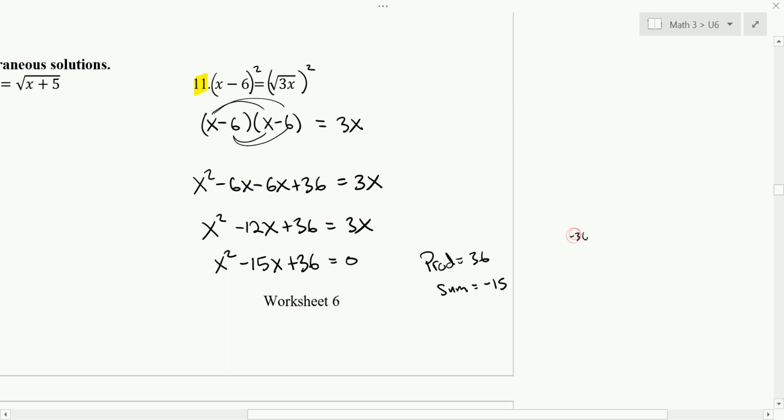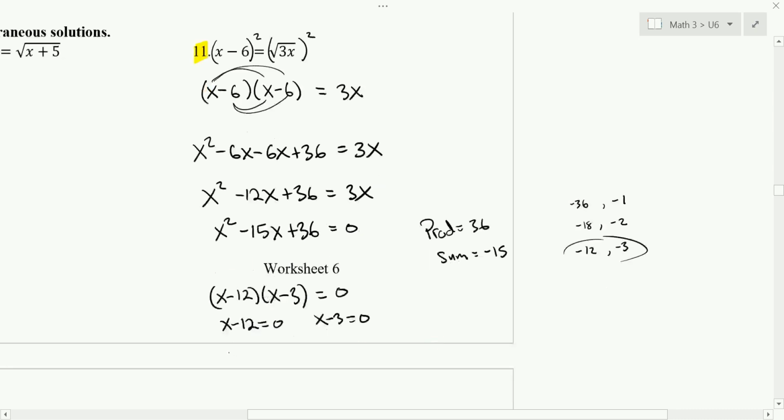You can do negative 36 and negative 1, but that doesn't add to negative 15. Negative 18 and negative 2, again we don't get negative 15. Negative 3 and negative 12 does give us negative 15, and so that's what we want. And so this factors to x minus 12 and x minus 3. Set each factor equal to 0 and solve. We end up with x is 12